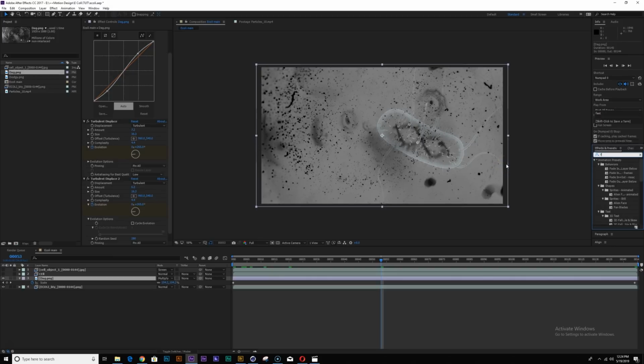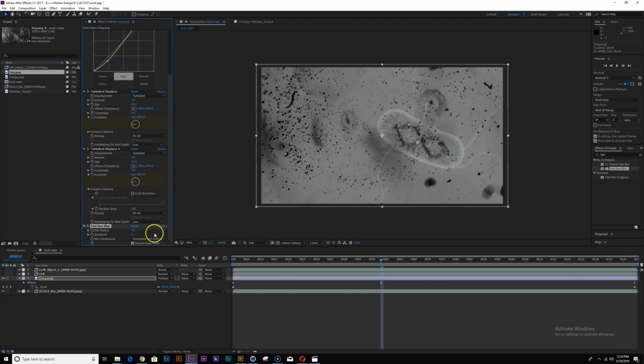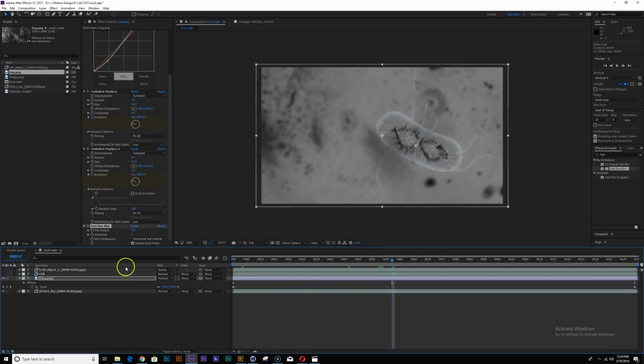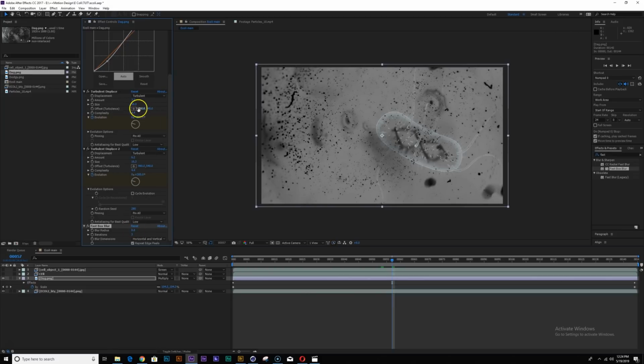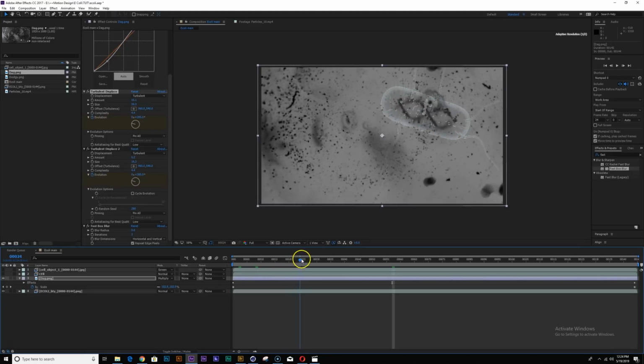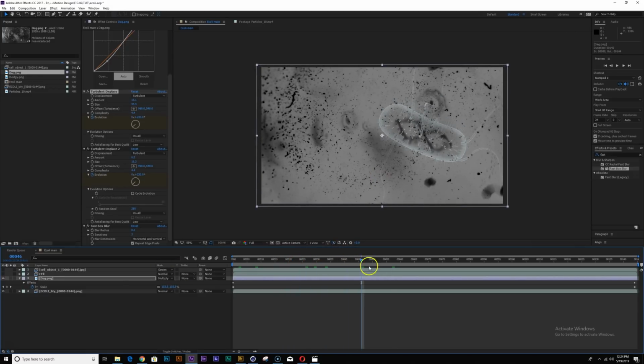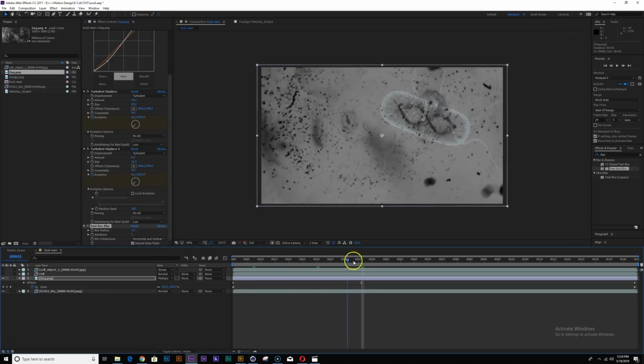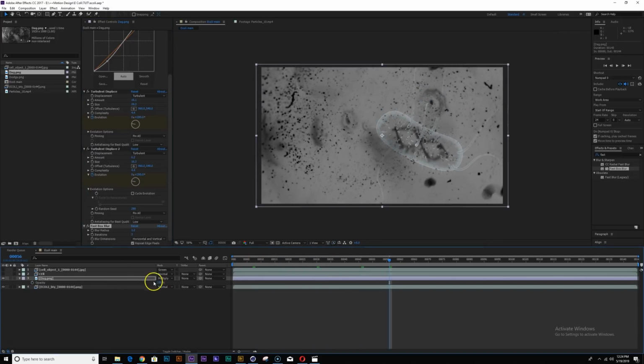Now I can add, say, a fast box blur. Check repeat edges and just crank that up. Not so much. So we'll have some stuff in the back, and we can play with the opacity as well.